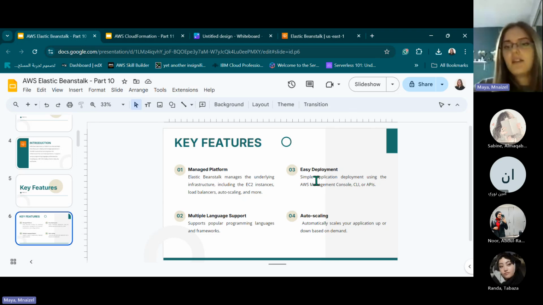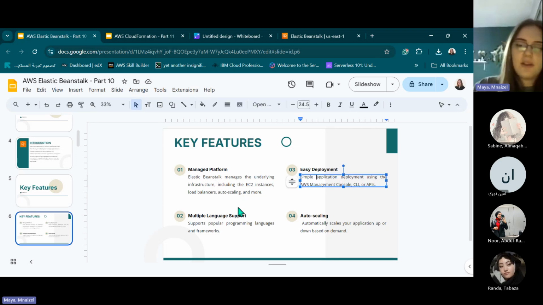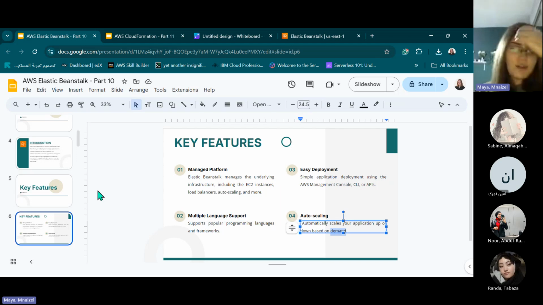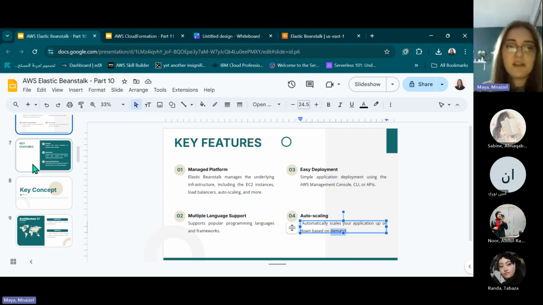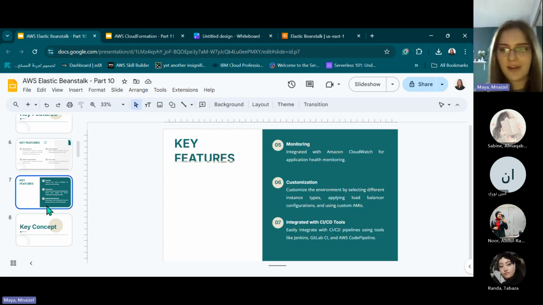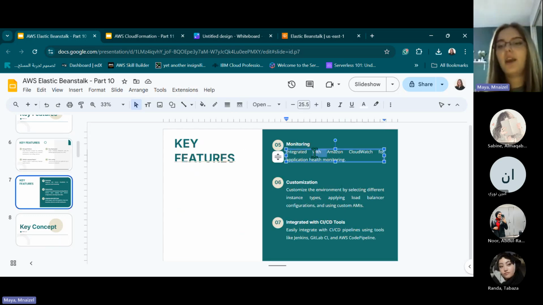And easy deployment. It's very easy to deploy and manage, and as we talked about in the introduction, it can support a lot of programming languages and frameworks, and it automatically scales based on your needs. Okay, so features. Monitoring, we can integrate it with CloudWatch, and we've talked about CloudWatch, how it gives us